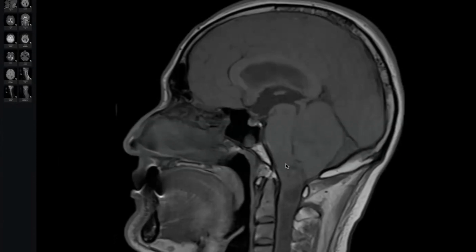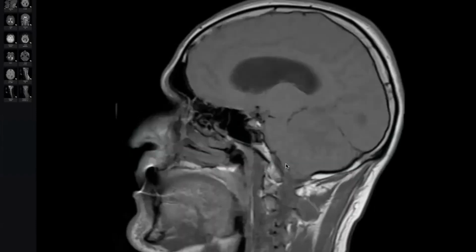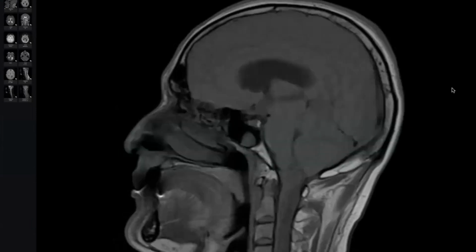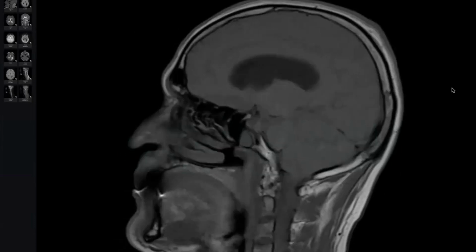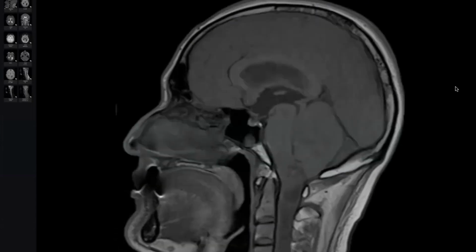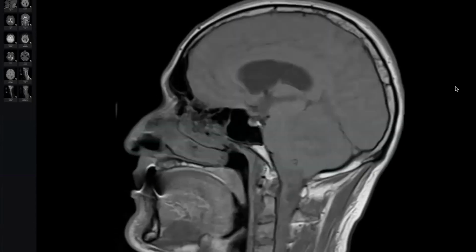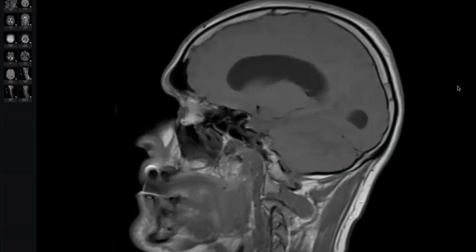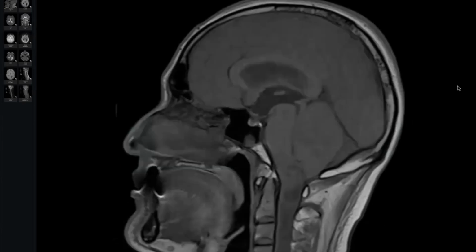A 40-year-old male patient presented with headache and signs of increased intracranial tension. I am provided with the MRI brain of a 40-year-old male presented with signs of increased intracranial pressure and headache. These are T1 sagittal images of the same patient, in which I can see some hypointense signal noted from the visualized cervical cord and the medullary region, with evidence of supratentorial mild hydrocephalus. There is also evidence of mild tentorial